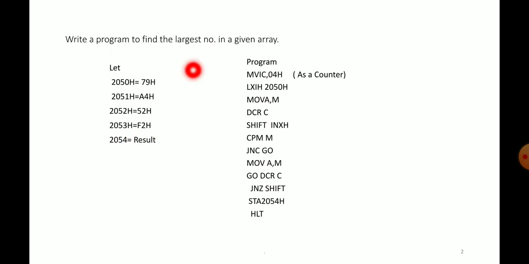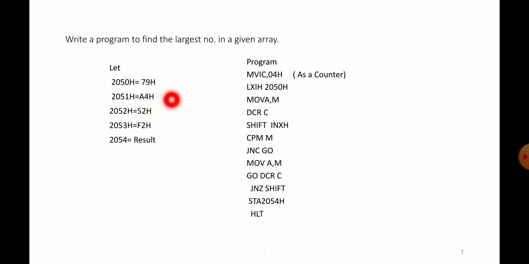So what is the logic? The logic is the same. First we load these two numbers and compare them, and whichever is larger, we move that number into the accumulator. Like if we have taken these two numbers, A4 is greater than 79, so A4 should be placed in the accumulator. Then we compare the largest of the two with the third number.